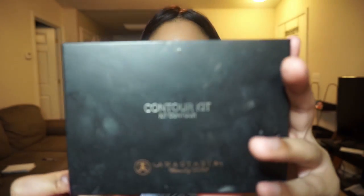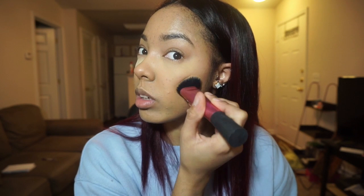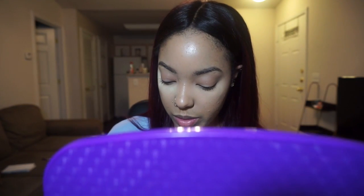As much on there as you can, bake it in, because we are cooking today. And you do not want to wipe this off yet. While that's sitting, I'm going to do the rest of my face. I'm going to use my Anastasia contour kit, and I have, this is just a regular one, so I'm going to use this color first. Not sure what it is because it doesn't say it. And what I do, I press it in,